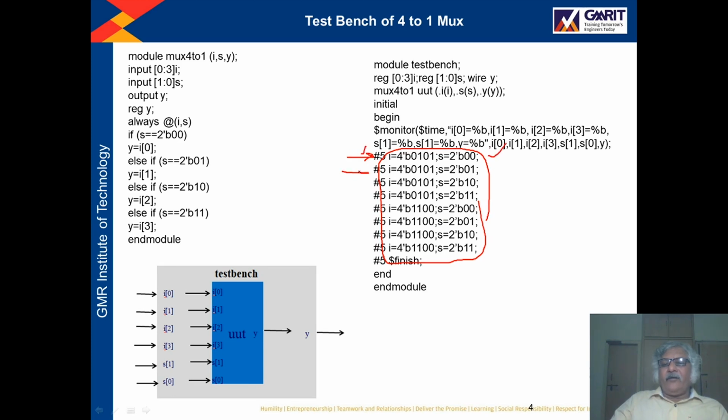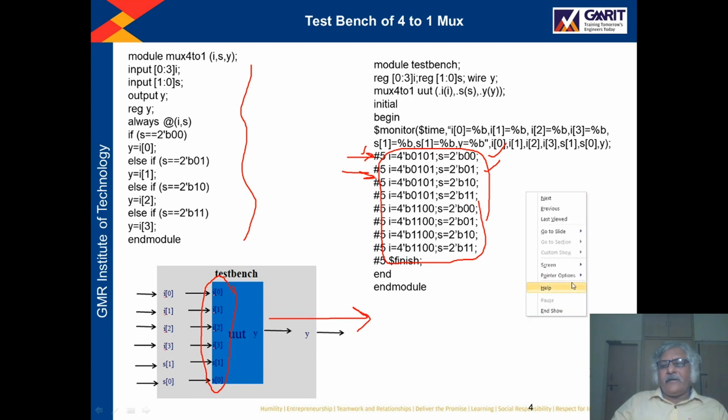Then after 5 unit time, the next set of values will be assigned. So basically we are assigning the values to these input ports by using the test bench, and depending upon our code, the result is evaluated and assigned to Y in the form of a waveform. This we will simply see in the waveform.